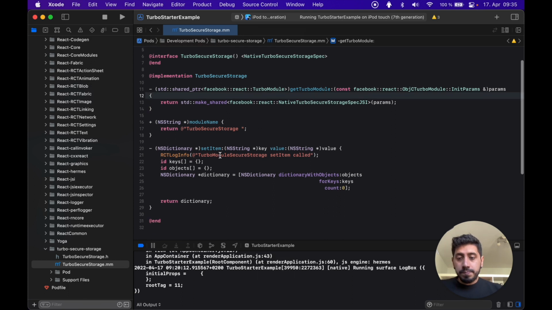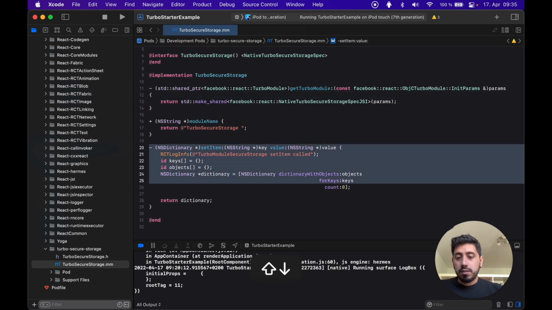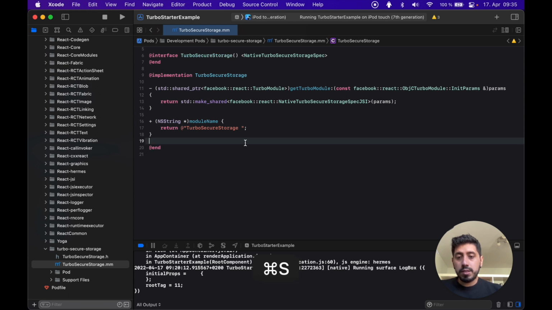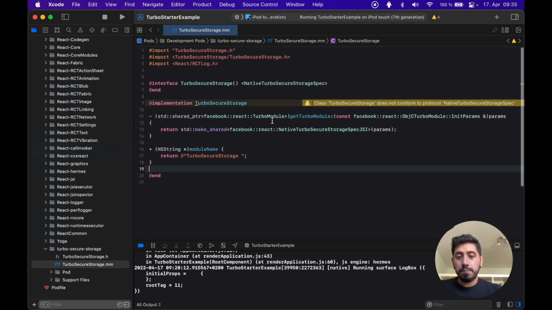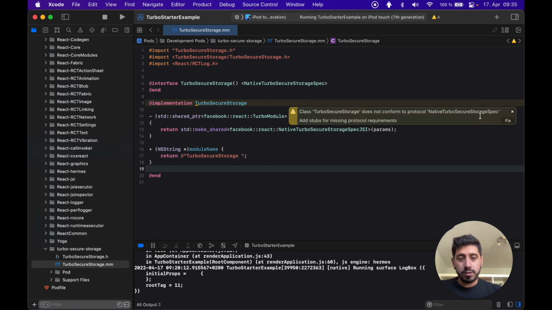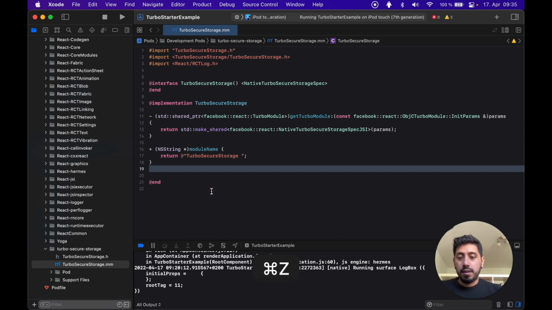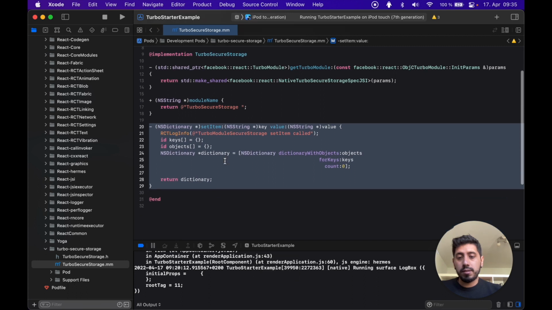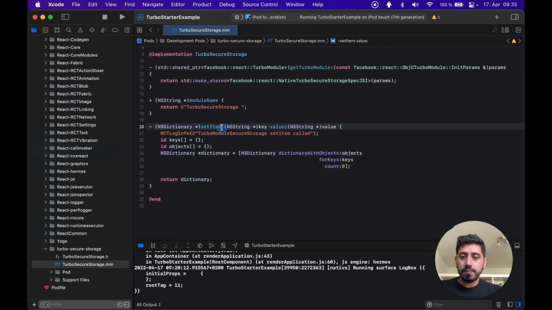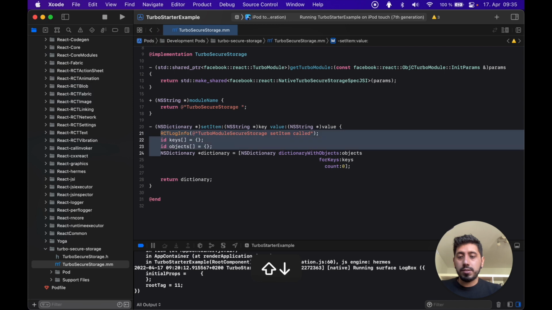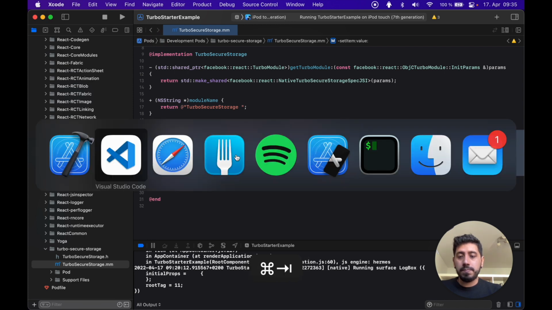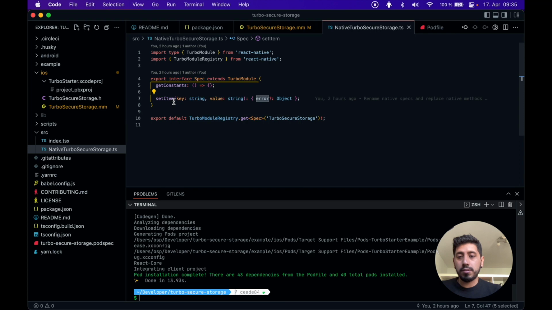So once that's done, there's one very nice feature of having codegen, which is if I don't properly implement the spec that I have created, Xcode can actually tell me, or C++ actually tries to match the spec, and it tells me something is missing, you haven't implemented the proper API or the proper interface, so you can fix it, and it auto-generates the stub for you. So basically I just implemented a dummy method for now, and you can see it matches my spec,